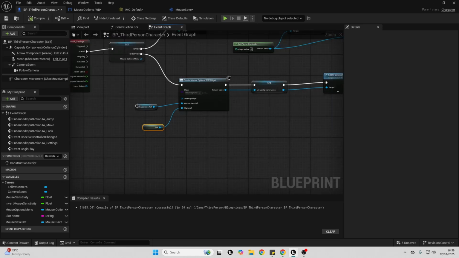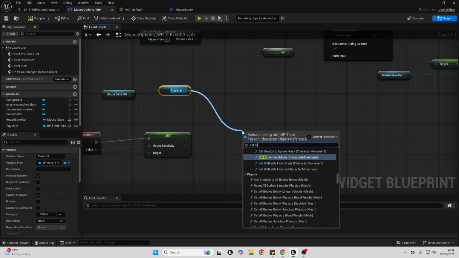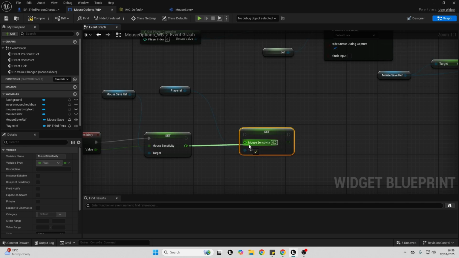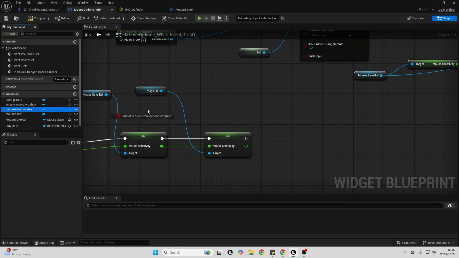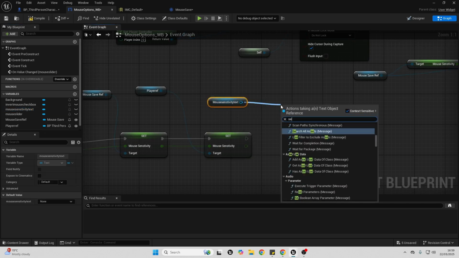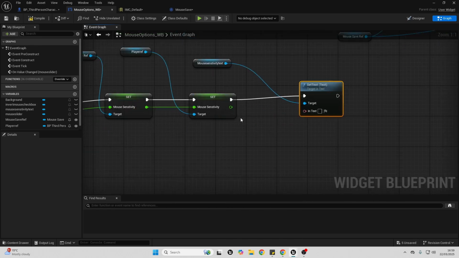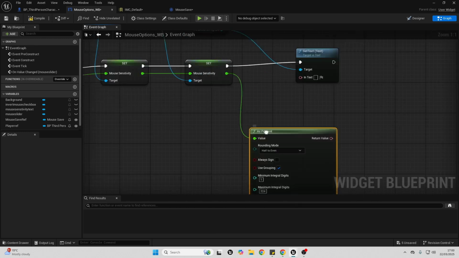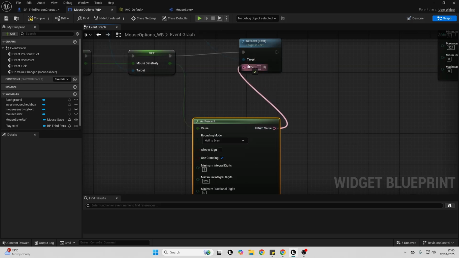Now my widget will have a reference to my player character. So I can then drag this in, get it, drag off here, and look for set mouse sensitivity, and I'll set it to be whatever this is. And then I want to just drag in my mouse sensitivity text, get it, drag off here and look for set text, connect from here to here, and then I want to just drag off here and look for as %, expand this and change the maximum fractional digits to be 0, connect this into the return value,